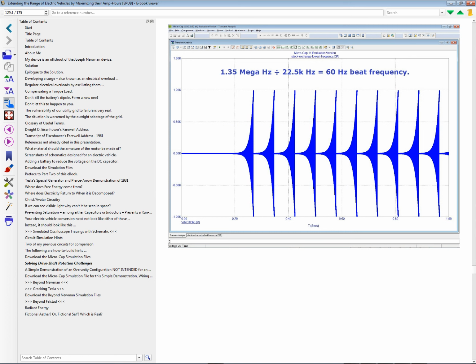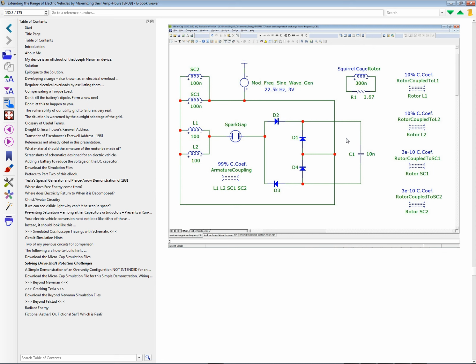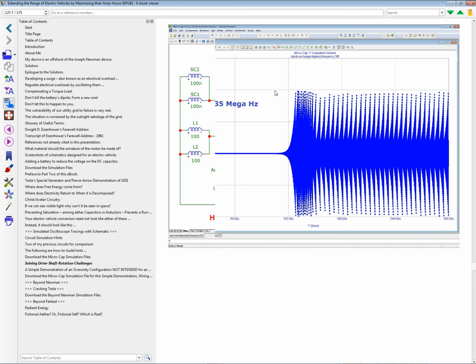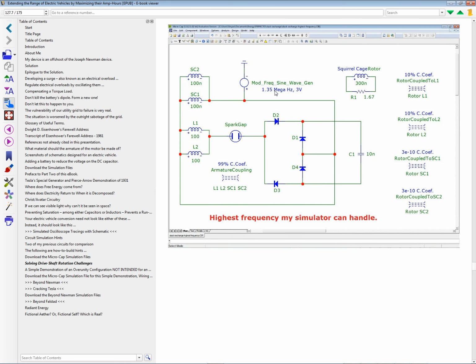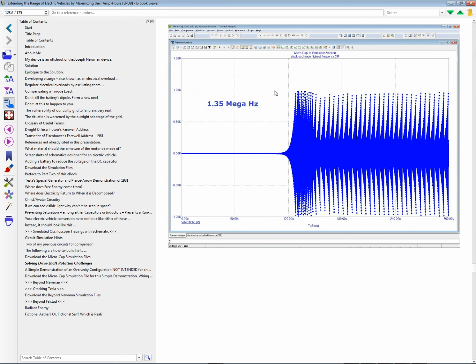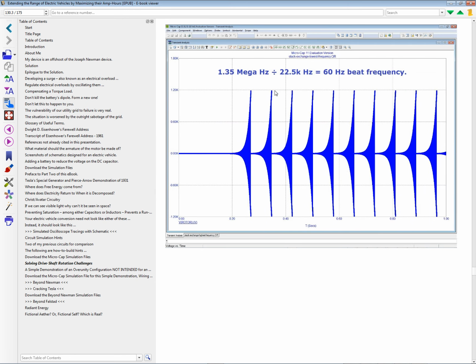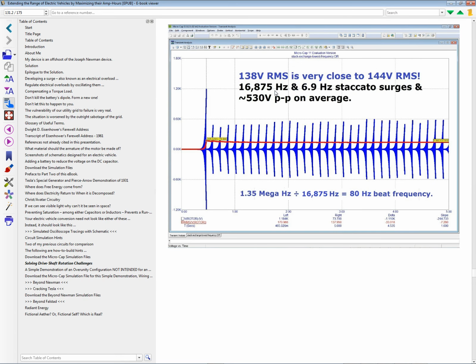So we take 1.35 megahertz, divide by 22.5 kilohertz to get a 60 cycle per second beat frequency. And that's what this other circuit will do, is create the right lower frequency of 22.5 kilohertz. Now let's go back. It looks like the same circuit, doesn't it? And so I had to do them separately in order to show you the results, but that's not the way we construct the darn thing.